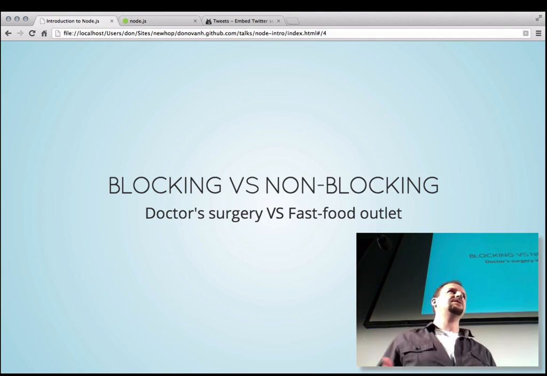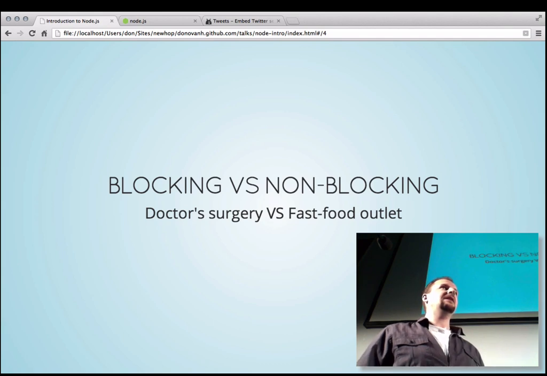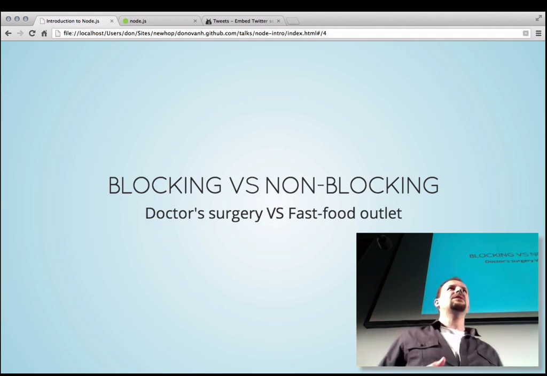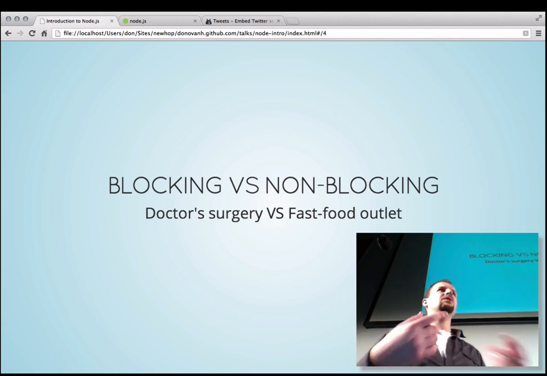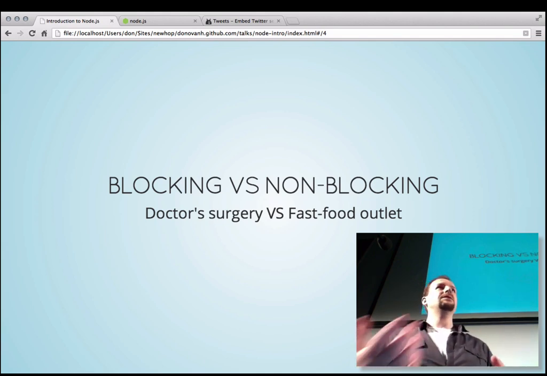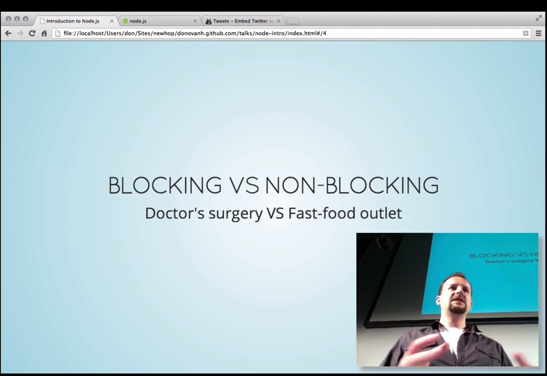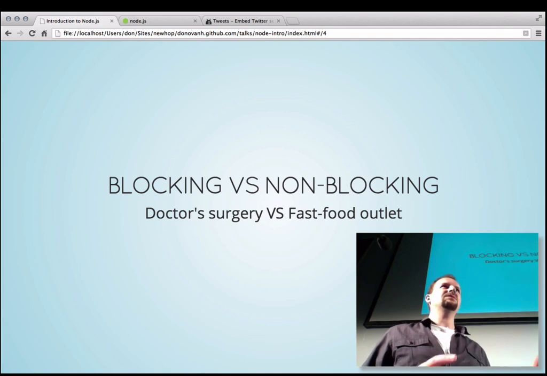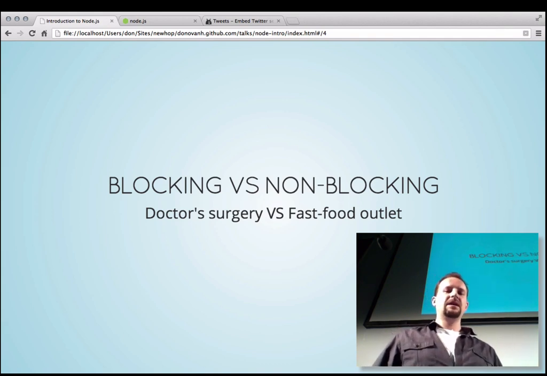It's different than a fast food outlet where you go and place your order, and then you can stand to the side and you wait, and the next person can come and place their order, and more people can keep placing orders while you wait for your food to come back. You're not standing blocking the counter for other people to place their order. So in software,